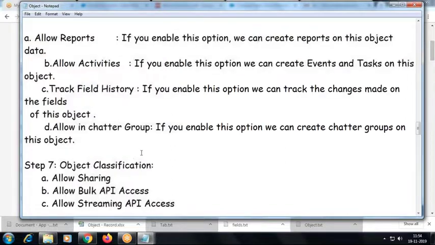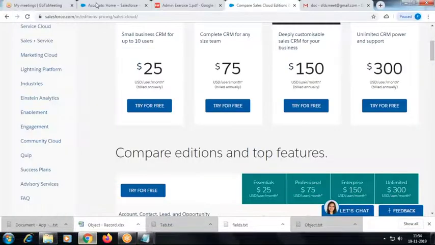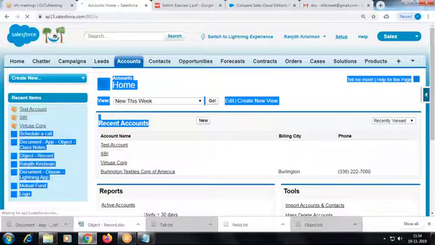Okay, so detailed notes have been given here. So how many ways can you create the object? Standard navigation, schema builder. Okay, so how to create schema builder? It's quite simple, right? Go to setup,